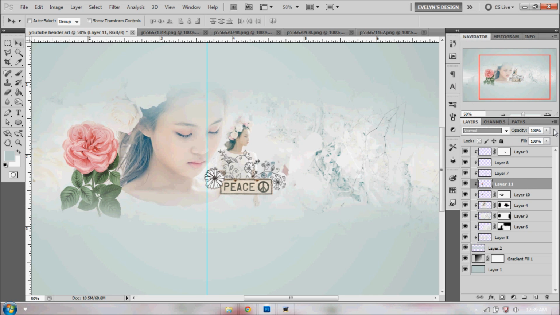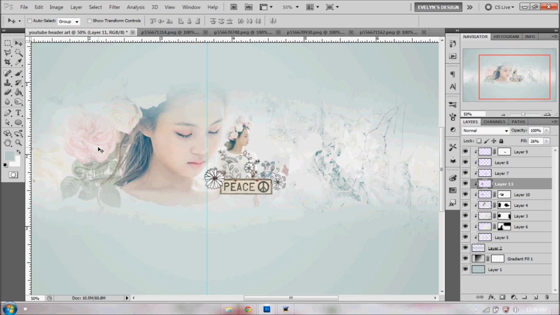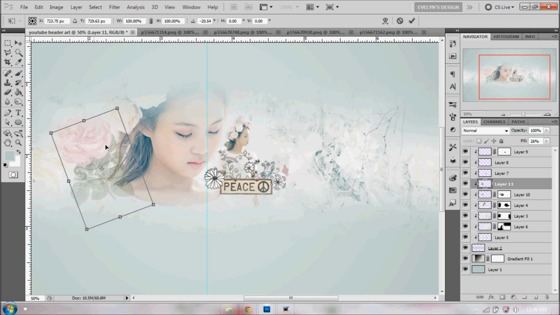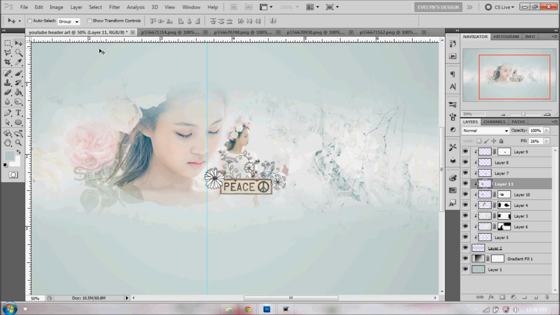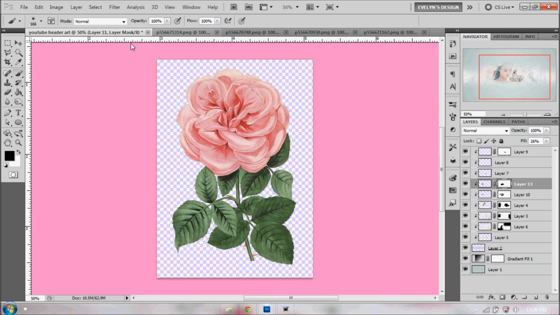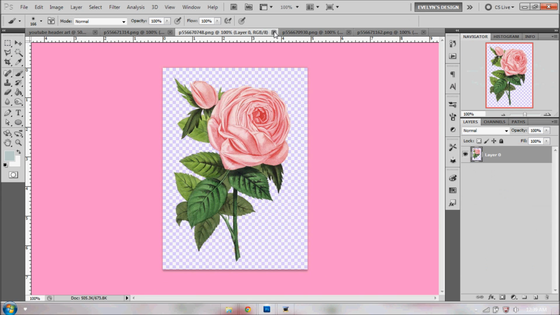So I'm going to actually set it to normal, lower the opacity a lot, and then you're going to Control T to transform it and tilt it until you're happy. Add a layer mask, of course, and we're going to delete what's overlapping that we don't want it to overlap, like so. And I have a few of these roses that I brought in